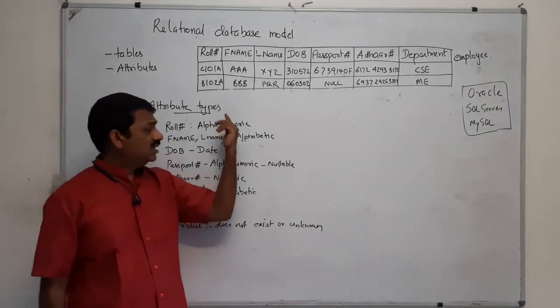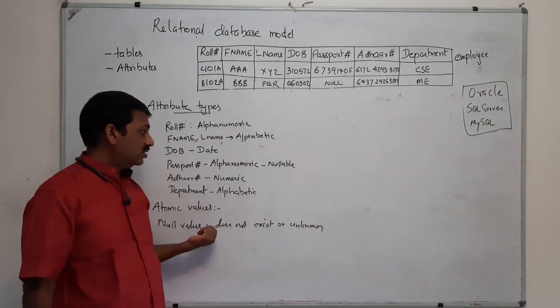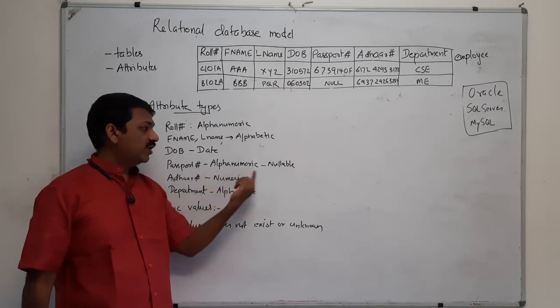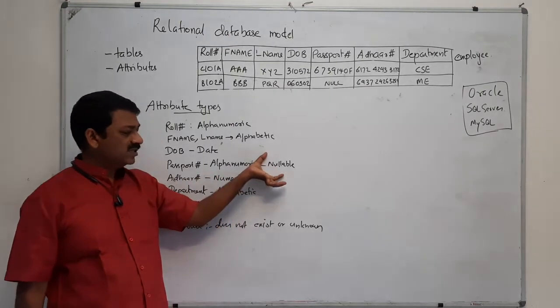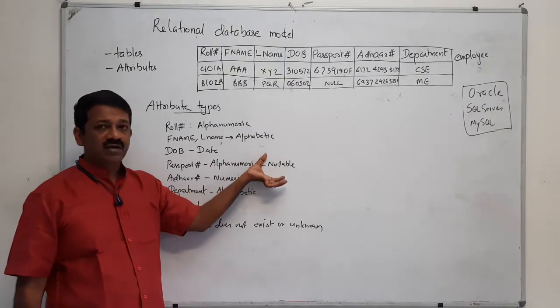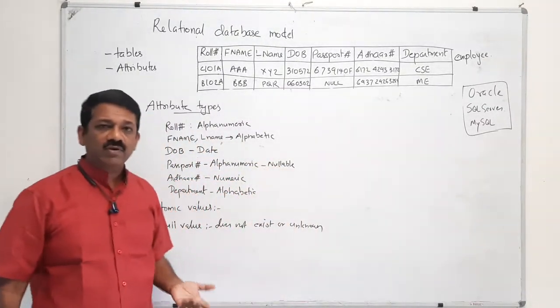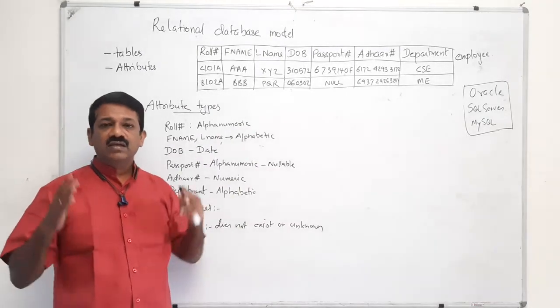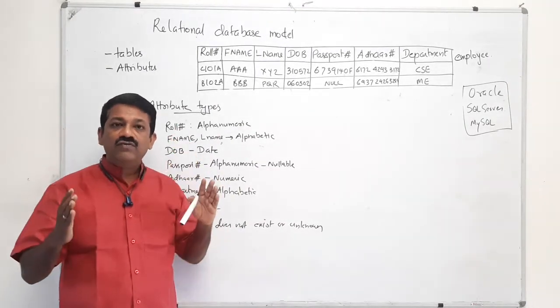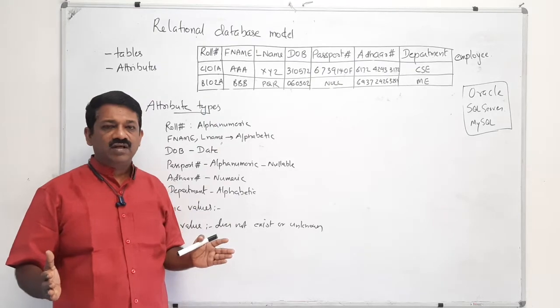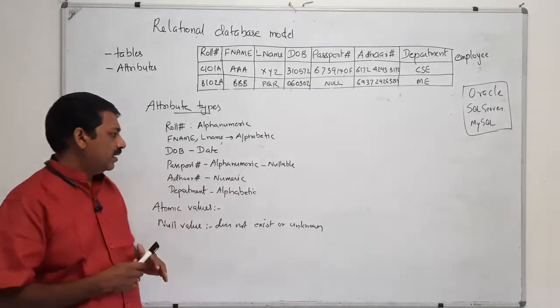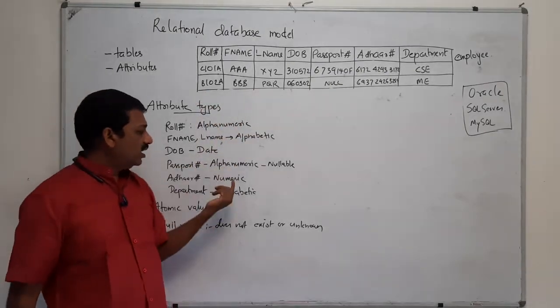But certain values are not nullable. Here, alphanumeric is nullable only if we explicitly specify that it is nullable. In that case only can you make null values. If it is not nullable, it always expects a value from its domain. Otherwise, you can't proceed. Okay. Here, that is the only nullable value.